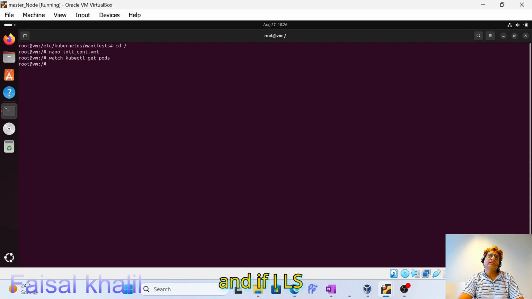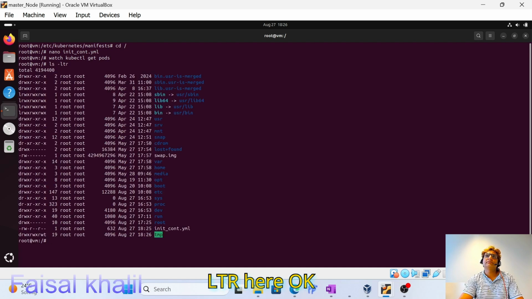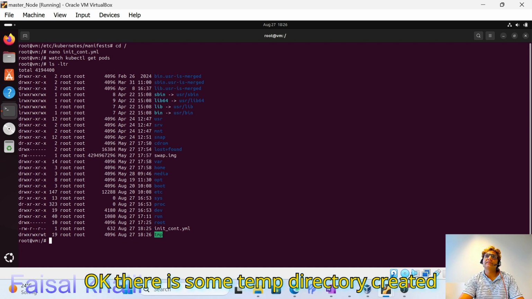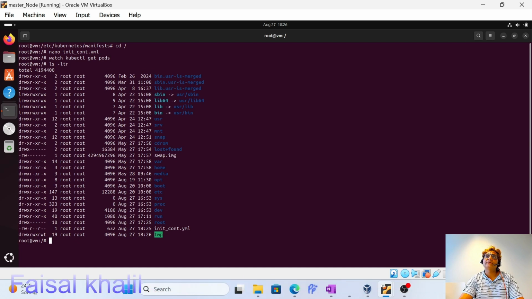And if I ls -ltr here, okay, there is some temp directory created, but where am I? Where is my new file? Okay, my new file is init-container.yaml. For example, if I kubectl apply -f init-container, and then